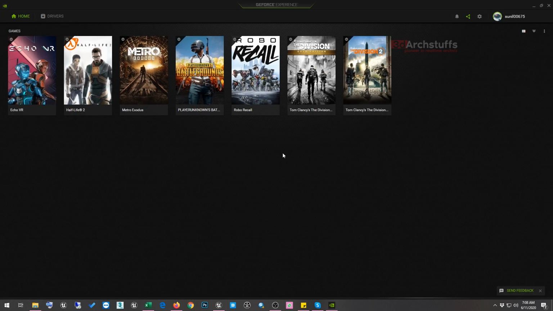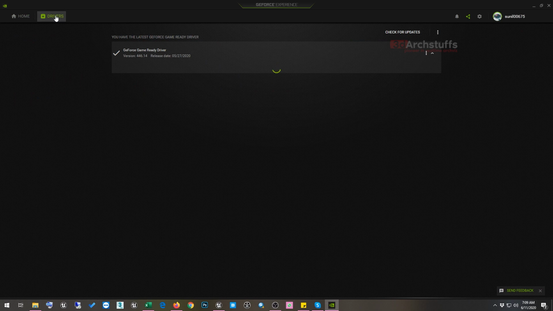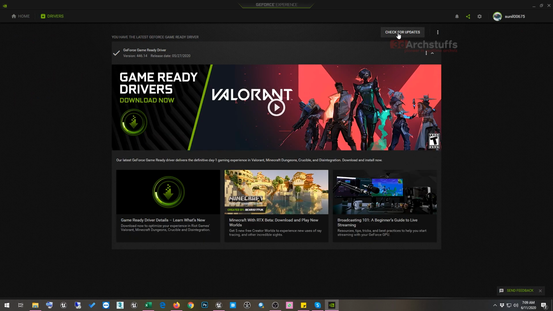Once your GeForce Experience is properly loaded, you have to go into drivers, and in drivers there will be an option of check for updates. When you click check for updates, this application will search for updates for the graphics driver software, and if it finds a newer version, it will show you to download it, and after downloading it will show you to install it.